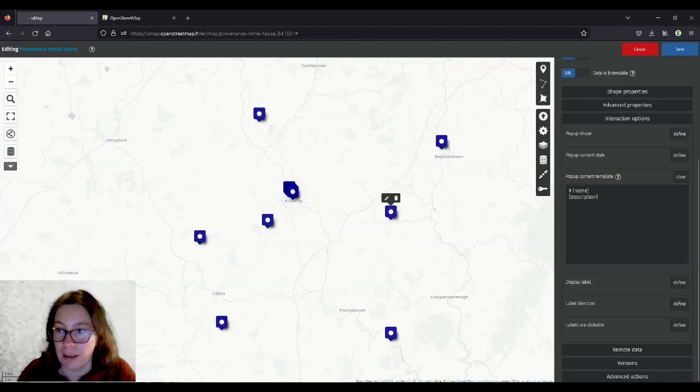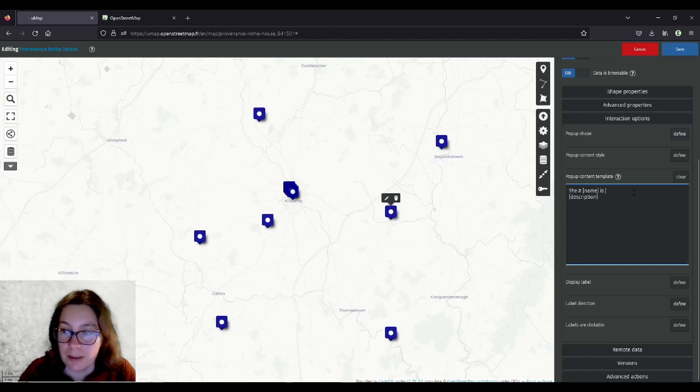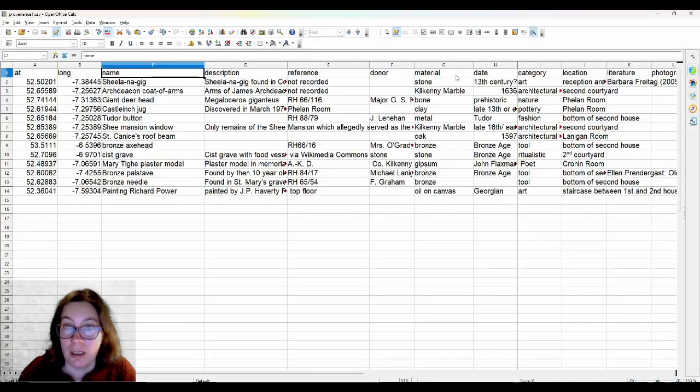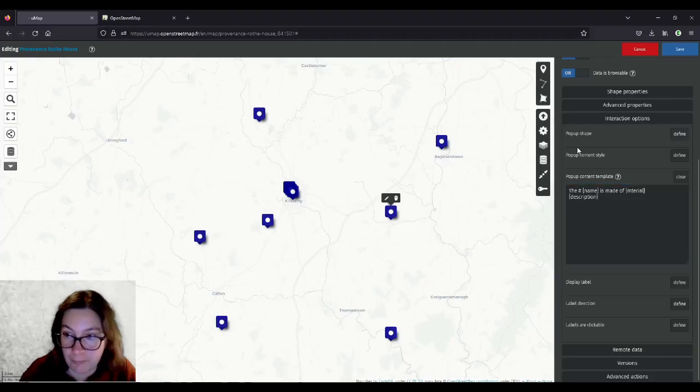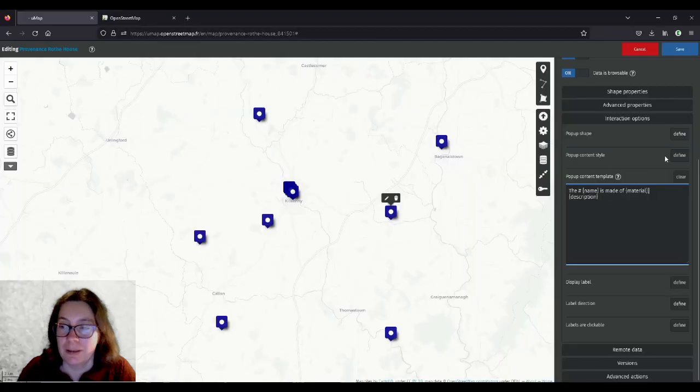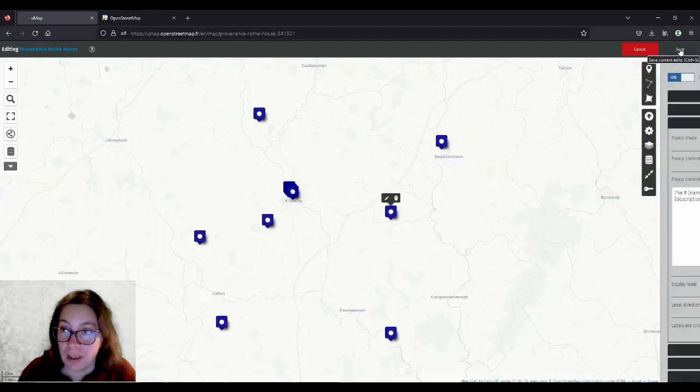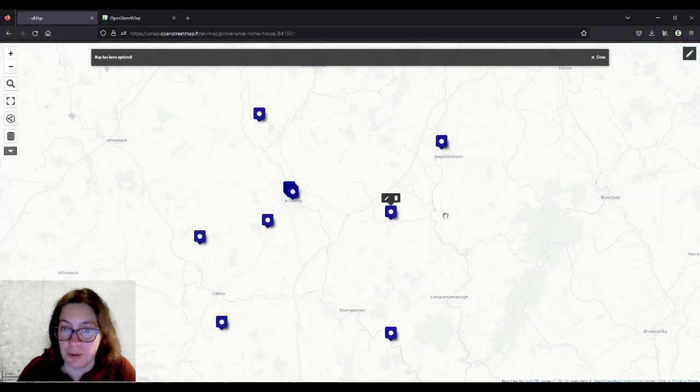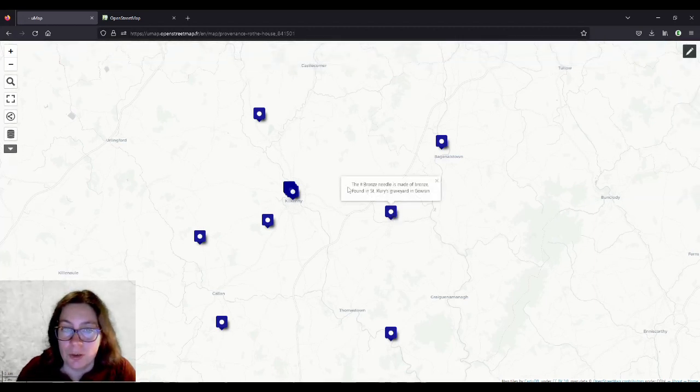Let's say you could have, this name is made of, and then you do the wavy brackets and you put material and spell it the same way that you have it in your table, otherwise it won't work. So it should display the name then, so whatever is made of whatever material we have defined here. I'll show you how that works. I wouldn't do it that way, I'm just telling you that that's something you could do. So now you see that the bronze needle is made of bronze. Kind of makes sense, doesn't it?